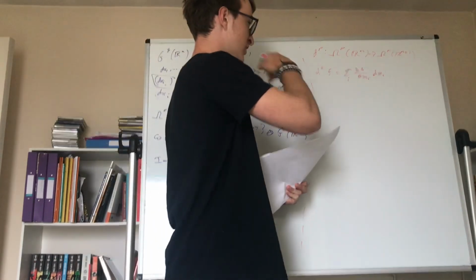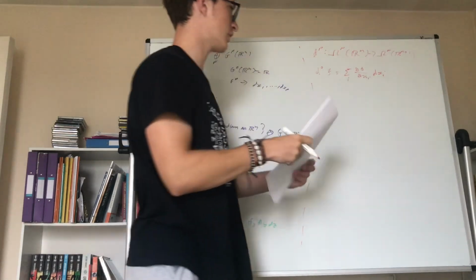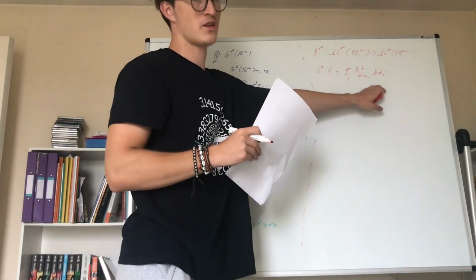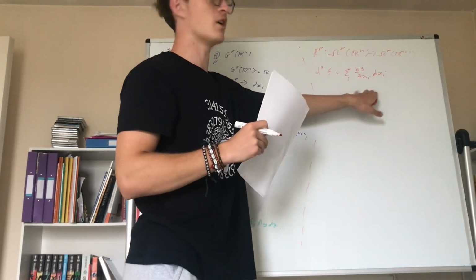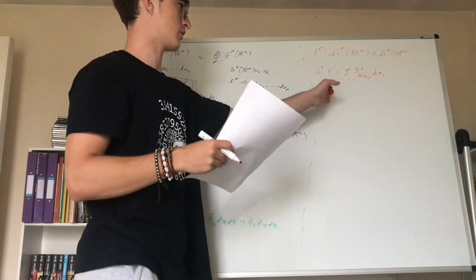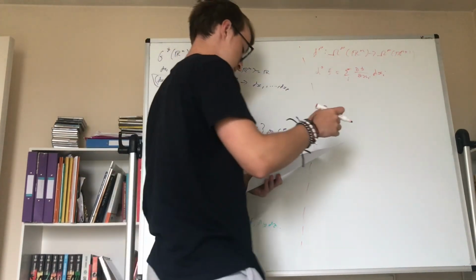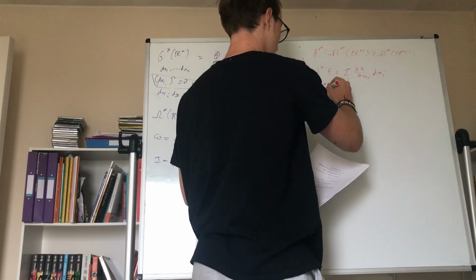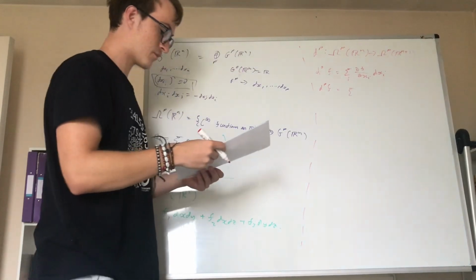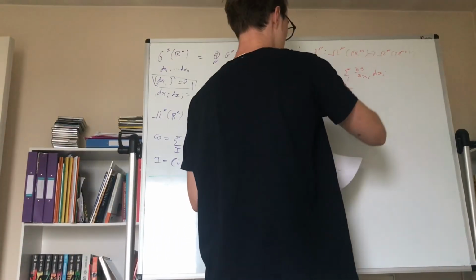And so this here becomes a one-form because it would just be the partial derivative of f with respect to x, dx, plus the partial derivative of f with respect to y, dy, and so on and so forth. So it's just a one-form, basically. And then dp of omega,